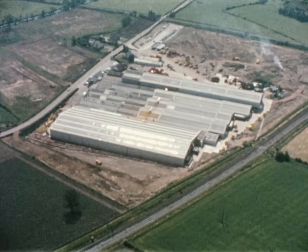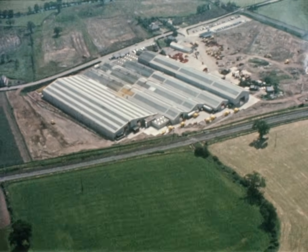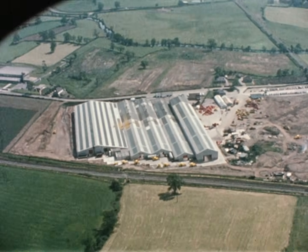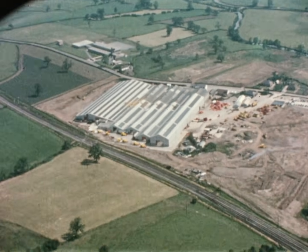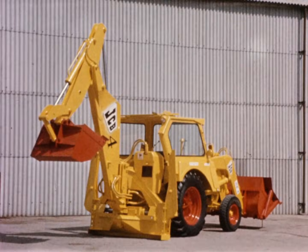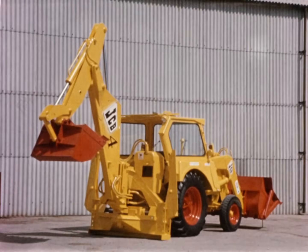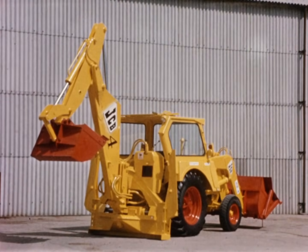Here at Roaster is the largest factory in the world devoted solely to the production of hydraulic excavators. By specializing in this way, JC Bamford Excavators Limited is able to devote the whole of its research and manufacturing facilities to the production of one quality product, the JCB 4. This well-styled, ruggedly constructed excavator has been thoroughly tested and proved for its versatility and power under the most exacting